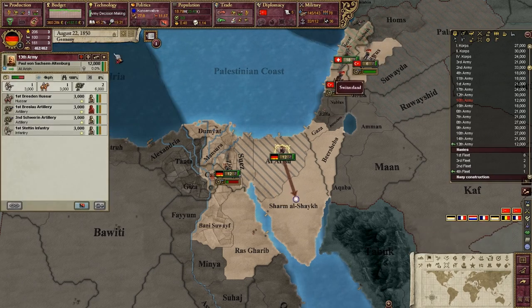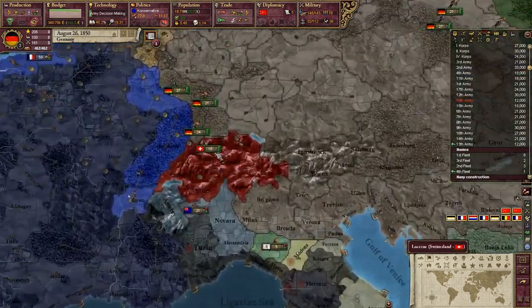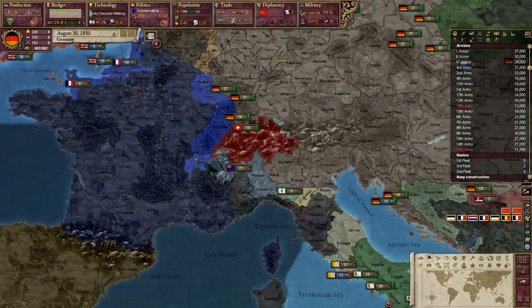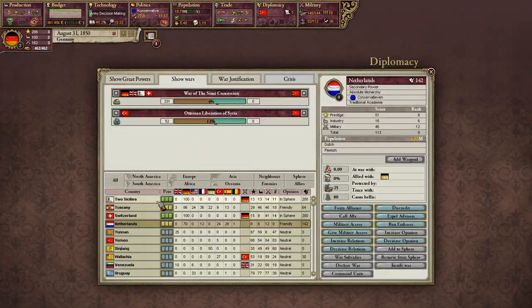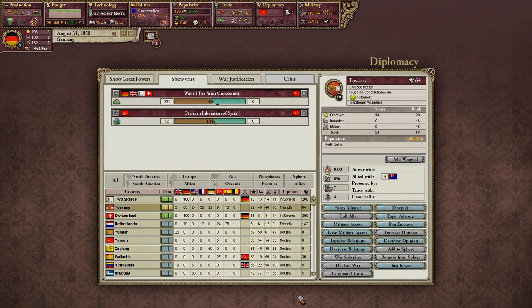And the Swiss are coming to help me. Nice. I like the Swiss. I would rather not be hostile to the Swiss because they give me a nice buffer. That is to be expected. Let's not waste our points by talking to someone we're discredited in. So,